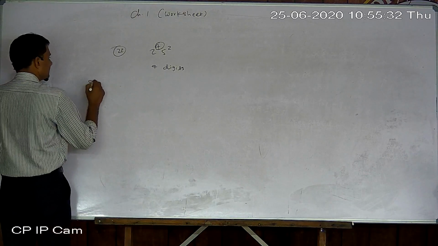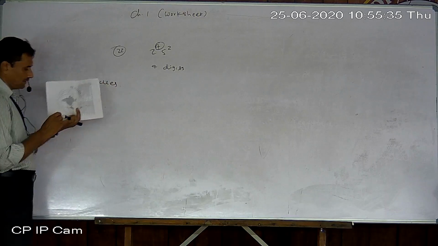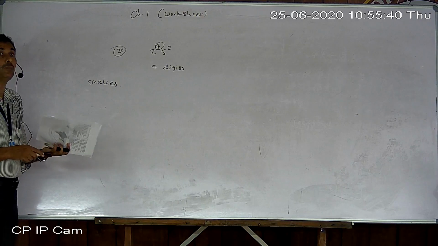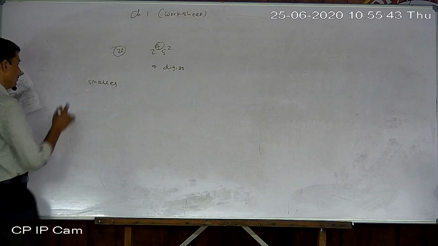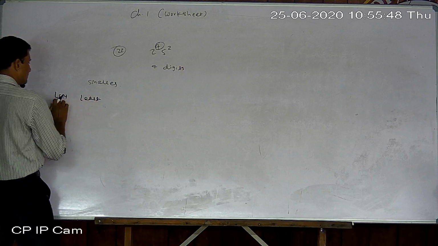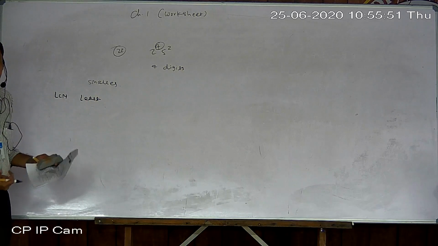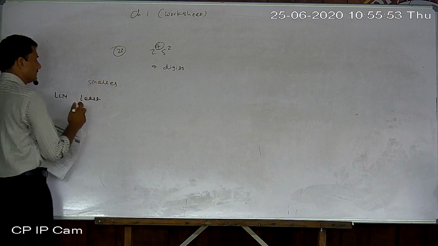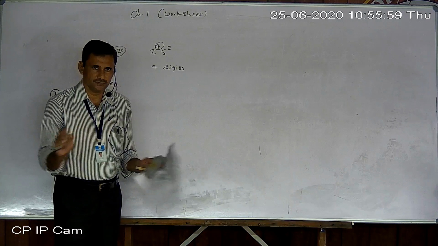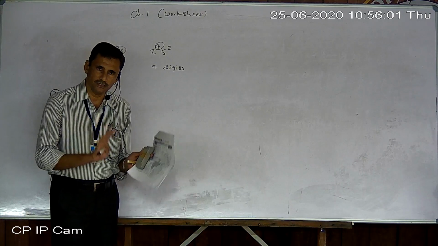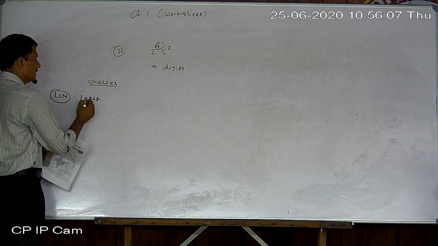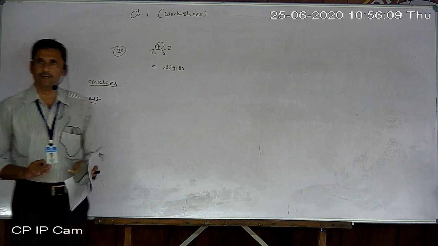Smallest. Now from that word smallest, you compare with the full forms of HCF and LCM. In LCM there is the word least: least common multiple, or lowest common multiple, least or lowest. So they are synonyms. So we have to find the LCM. So this is the second thing. First, if you understand fully, you can automatically understand whether HCF or LCM is required. Second, by the keyword only you can say whether HCF or LCM is required.